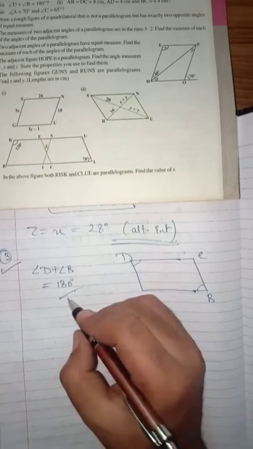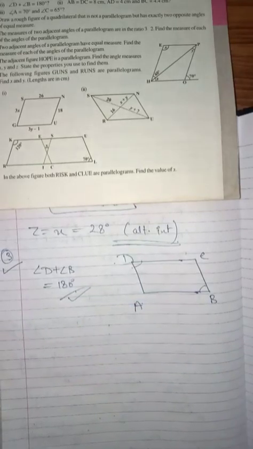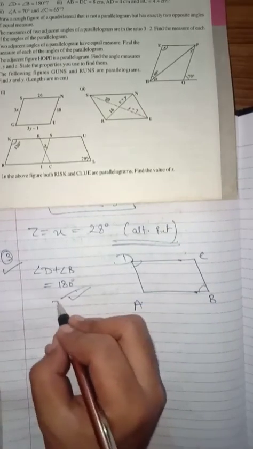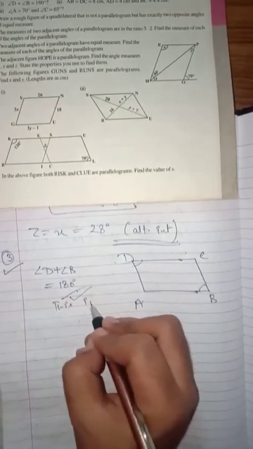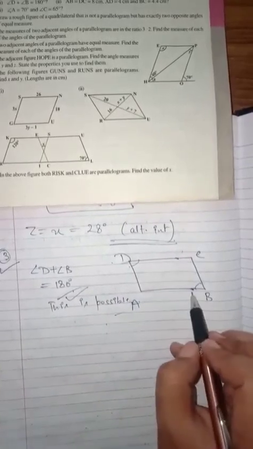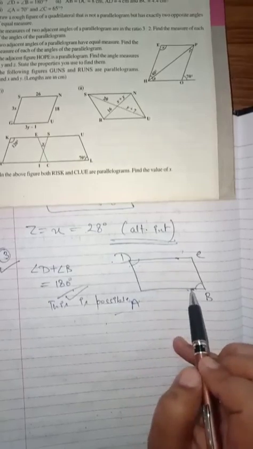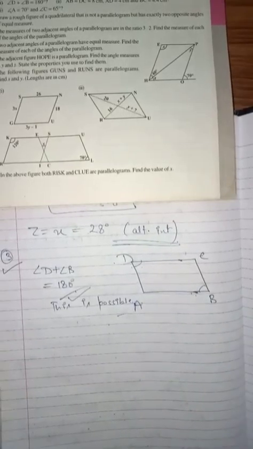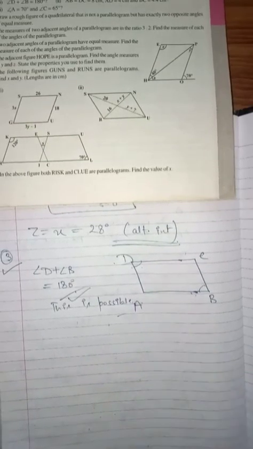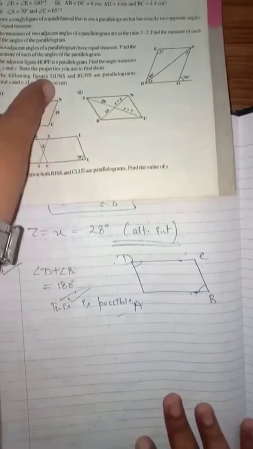So this can be a property of a parallelogram, because if this is a rectangle, it is possible. It is possible because if the sum of opposite angles will be 180 and both the angles will be 90 and 90, this property can exist for a parallelogram as well, because this will be a rectangle and each and every rectangle is also a parallelogram. Okay, I hope you understood this.